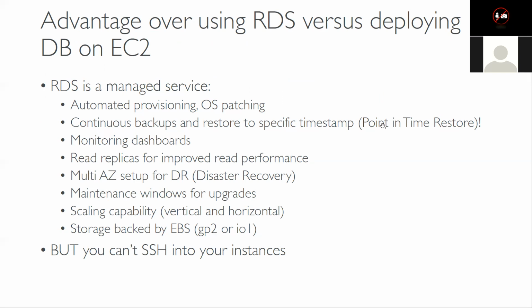Let's say I want to restore yesterday's 10 p.m. data, that's possible. There is a monitoring dashboard like CloudWatch. It can create a read replica, meaning another instance, but with read access only. Okay, you won't be able to update. This is for improved read performance. You can also set up multi-AZ to a different availability zone for DR, just in case